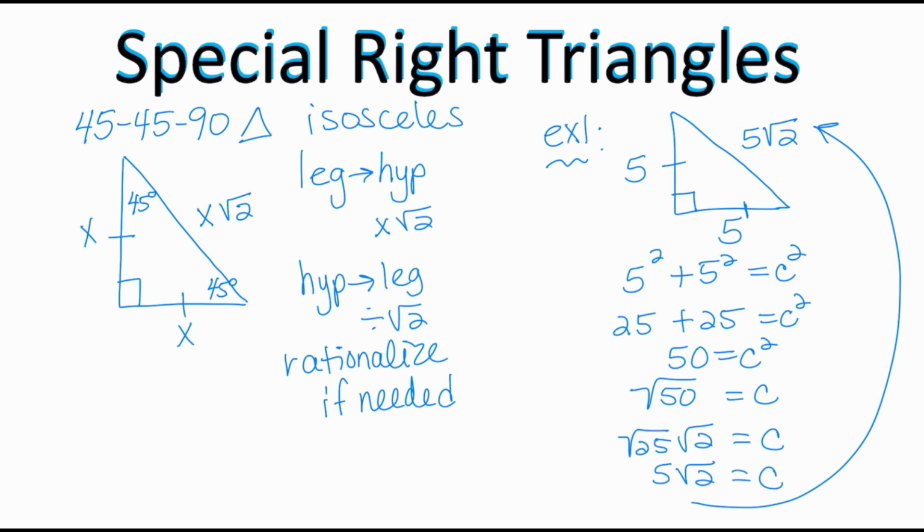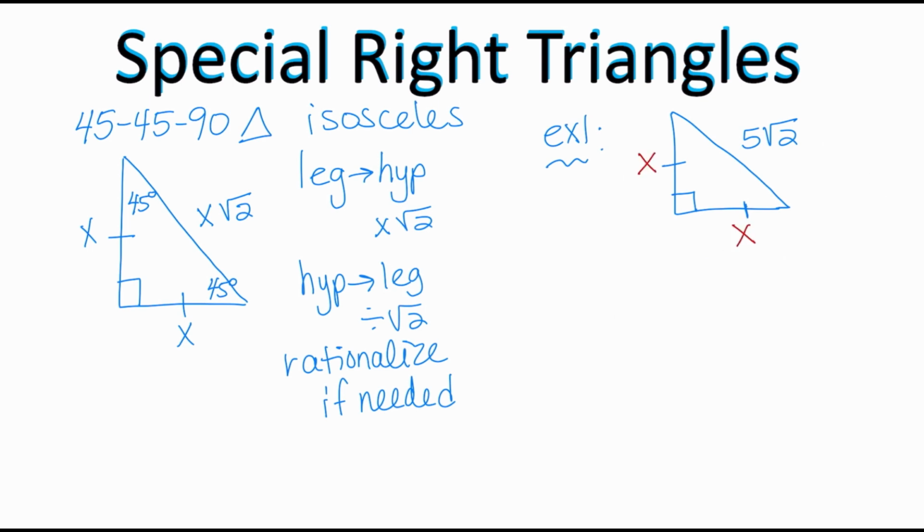Let's go ahead and go backwards. Let's say that we have the hypotenuse is 5 radical 2, and we're trying to figure out the lengths of the sides. So this time around, we're going to assume that we know the hypotenuse is 5 radical 2, but we're trying to figure out the side lengths. Again, this is an isosceles triangle, therefore we do know that these two side lengths will be equal. So I can set up the Pythagorean theorem, x squared plus x squared should equal 5 square root of 2